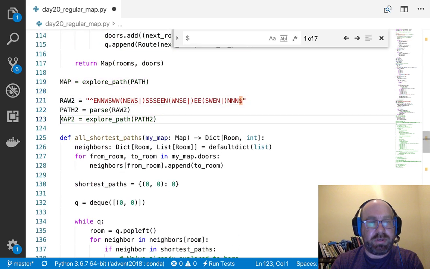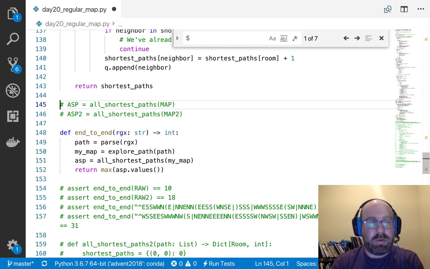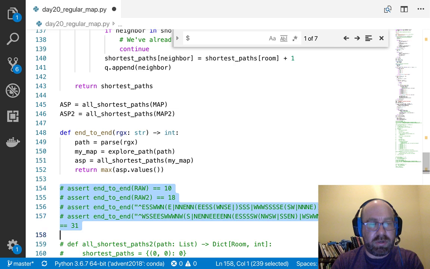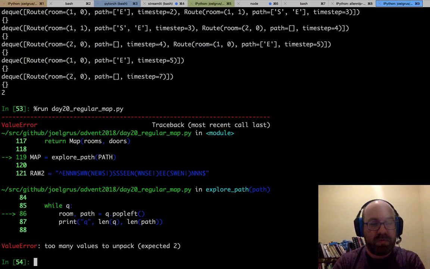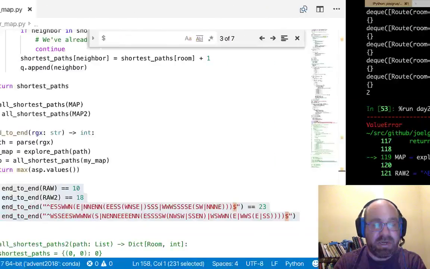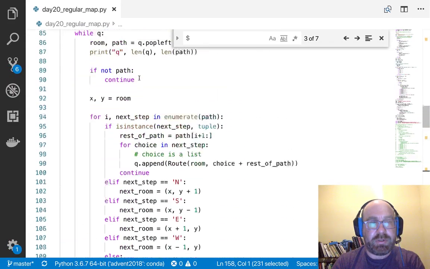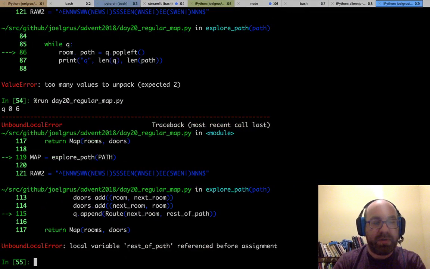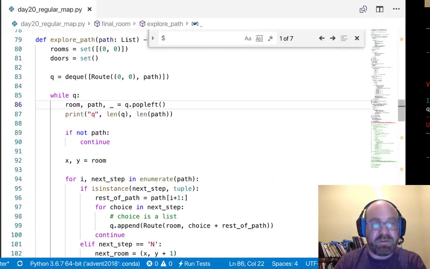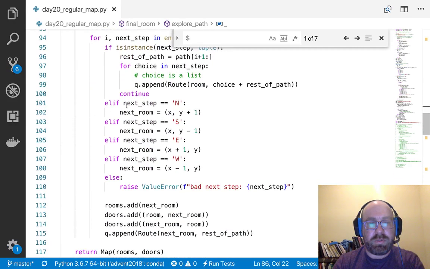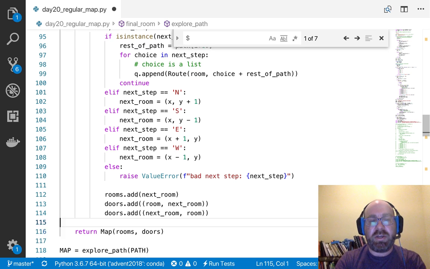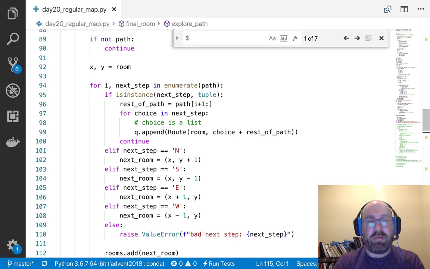So uncomment this, uncomment this, uncomment this, uncomment this, uncomment this, and now let's run it like that. Too many values to unpack, and room path. I don't need this time step, but it's there, so I'll just do it like this. Local variable rest of path done by assignment. So now I don't need to do this. I only needed to do that when I had